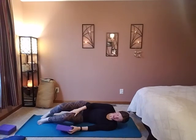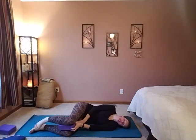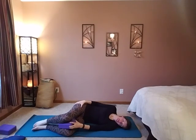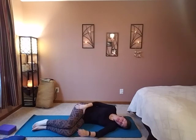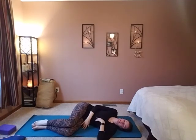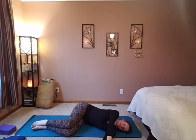So again, you could have your knees resting on a block like this, or maybe a block between your knees, or blanket, whatever, or nothing. It might feel fine just to have your knees stacked one on top of the other. And then open your arms out. This time your left hand is on the bottom, your right hand on top of your left,